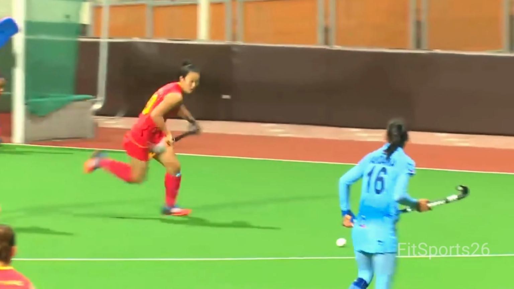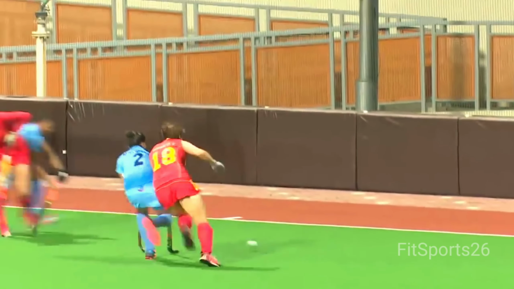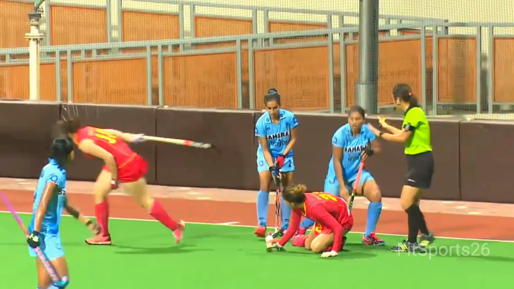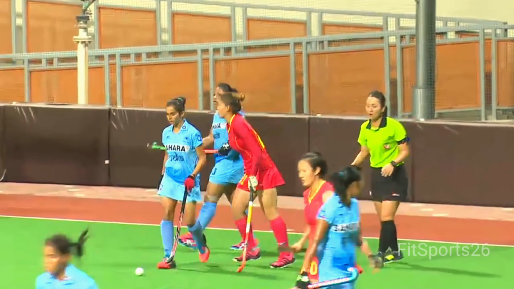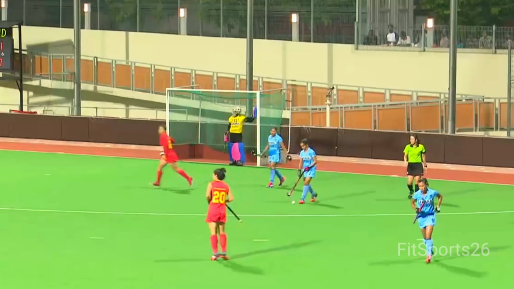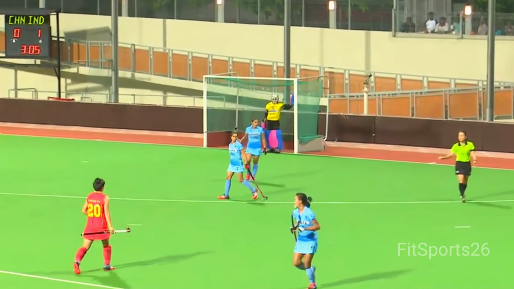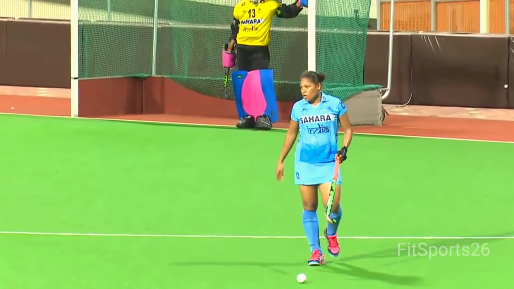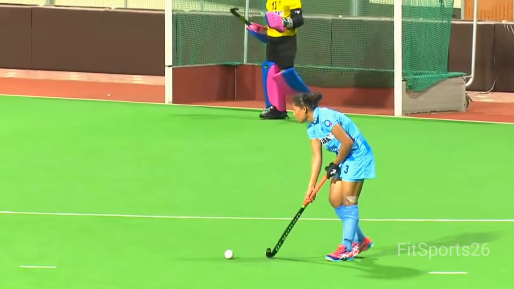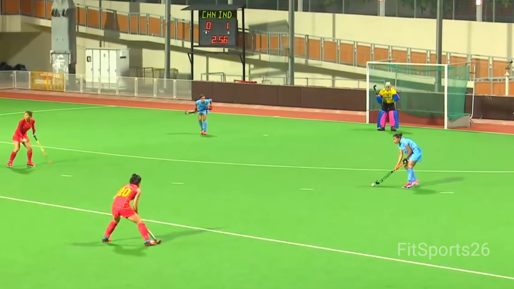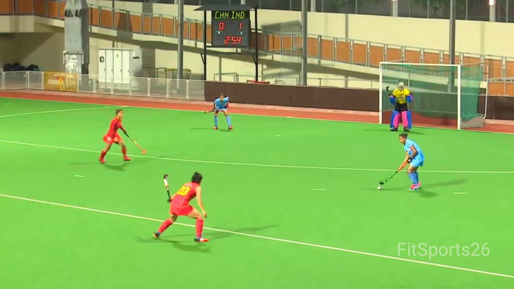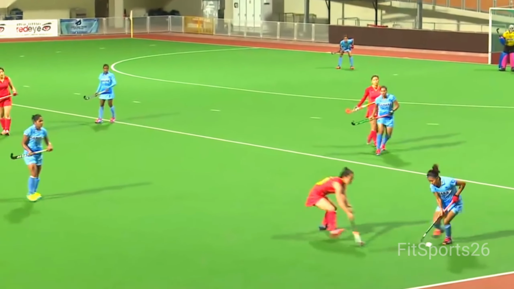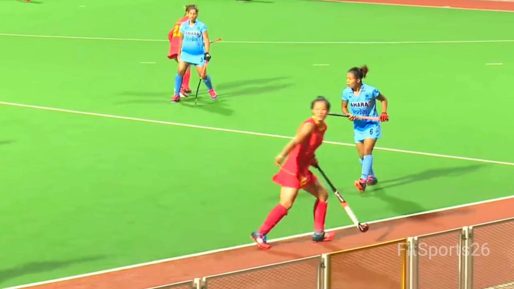Another hard hit inside the D. We've got a Chinese player looking for a cross, and that was a rash tackle. I think they went charging into the ball, trying to get it. So we saw a tumble, 4 players tumbling actually, 2 from India and 2 from China. But that's how determined these 2 teams are. One determined to keep the ball at bay, the other determined to try and score the equalizer.